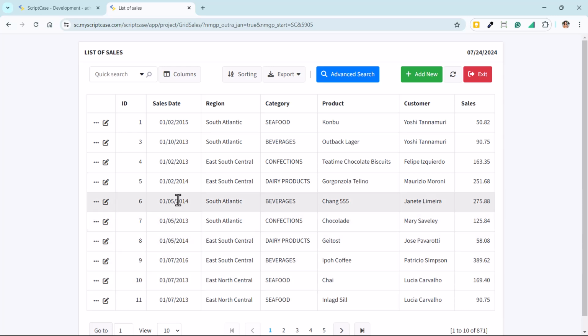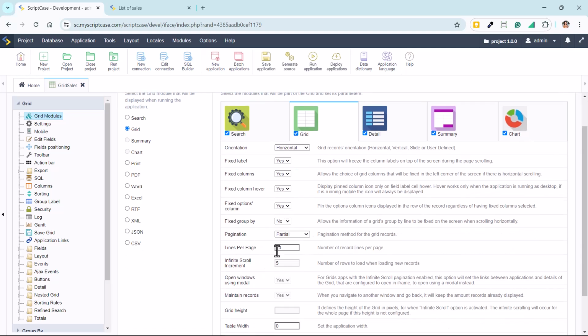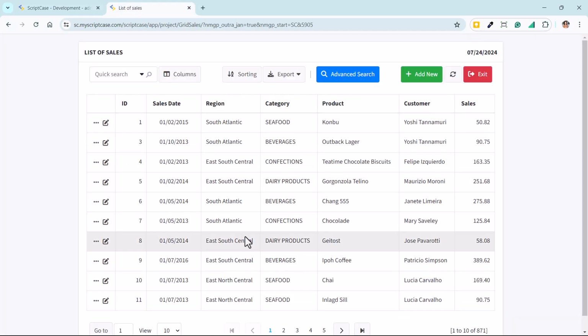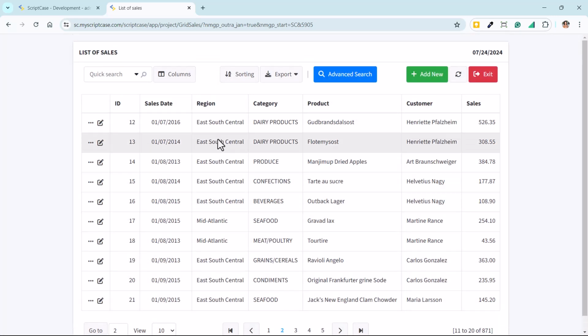The records per page is defined according to the default option that we have here, lines per page, and also the other options that are already defined, such as pagination and buttons. This is all created by our development team, but it doesn't mean that you need to use the grid like that. You have infinite possibilities to use this application.